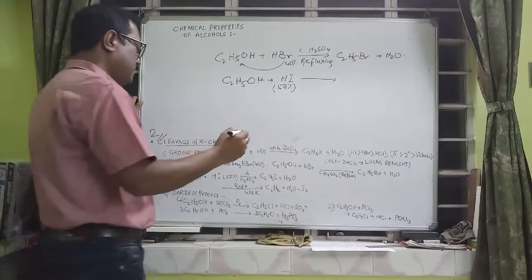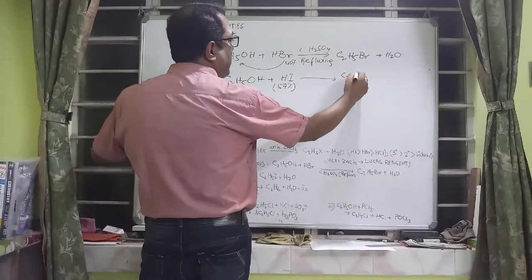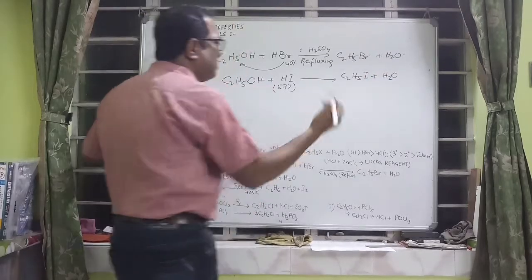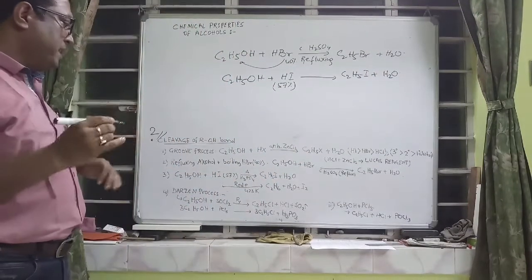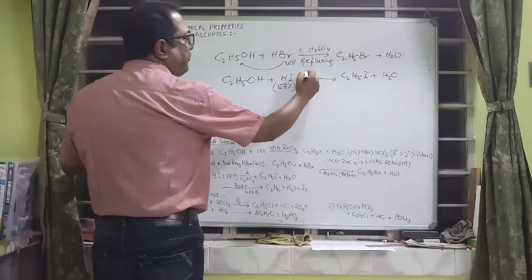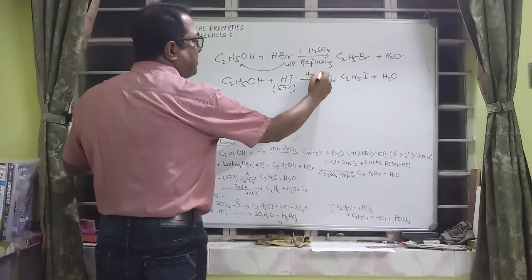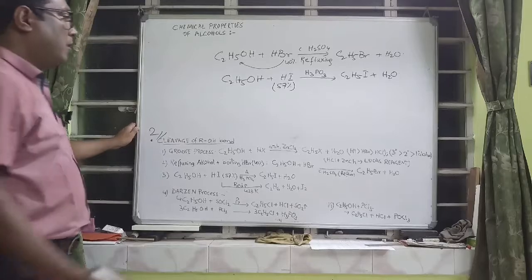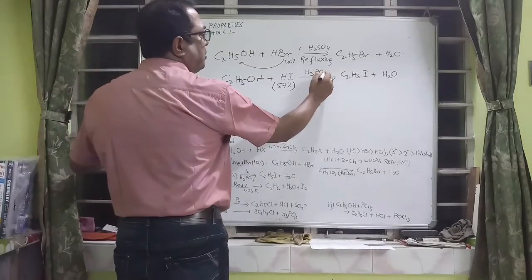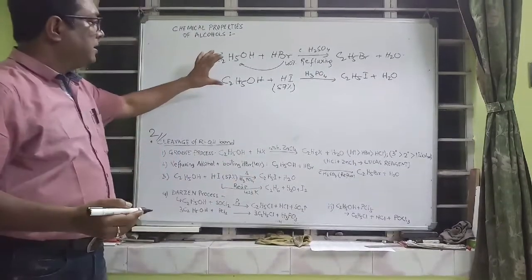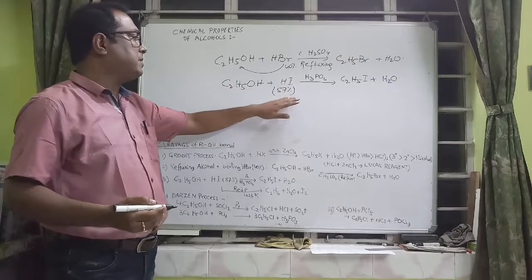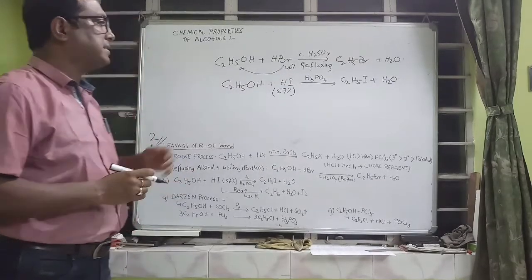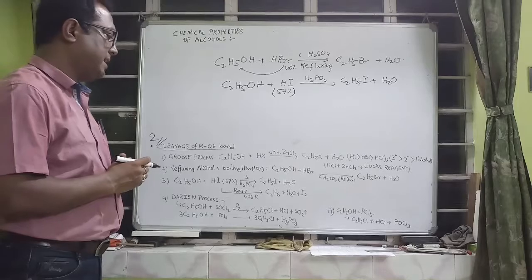So you can see here that it is forming C2H5I and H2O. Now the question is that we have to give here phosphoric acid, H3PO, phosphorus acid, say H3PO3, or you can use H3PO4, phosphoric acid. So ethyl alcohol in the presence of hydroiodic acid, in the presence of phosphoric acid, it can produce C2H5I and